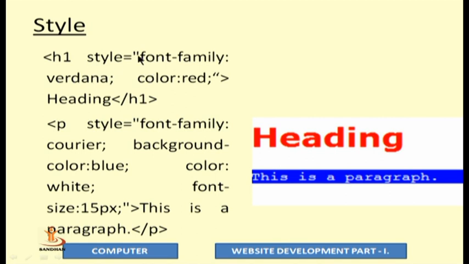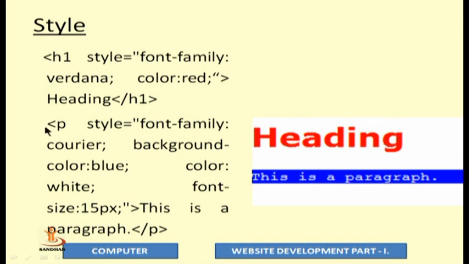When you want to apply any style, you have to specify the attribute name and the corresponding value. So here the attribute name is font-family and the value we have supplied is Verdana. That means our heading is shown with the Verdana font. Similarly, I have applied one more value, that is color: red. So here my heading is showing with red color in the Verdana font.